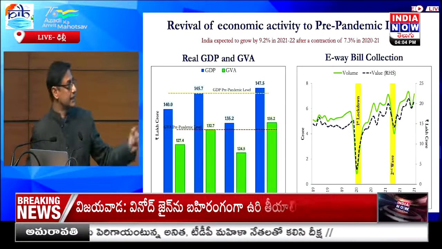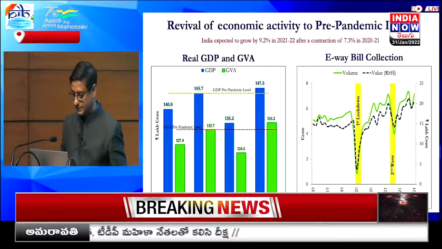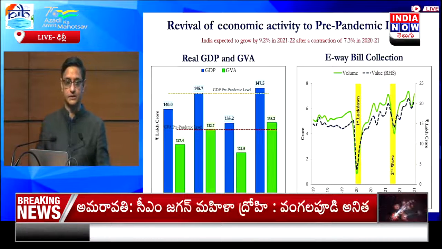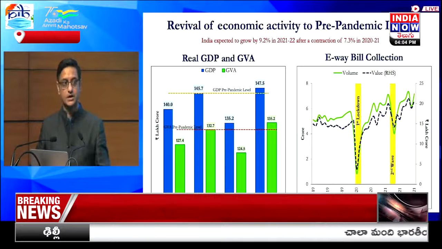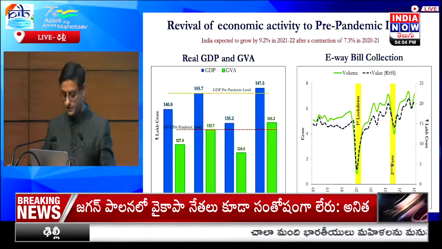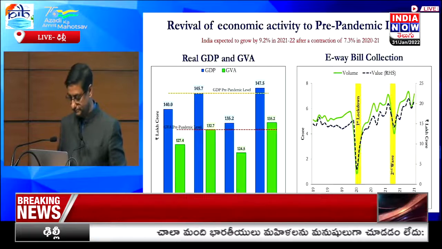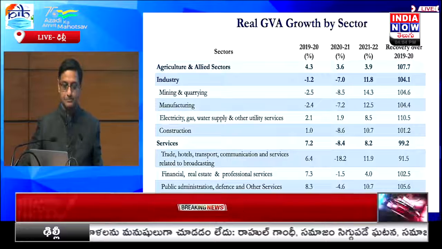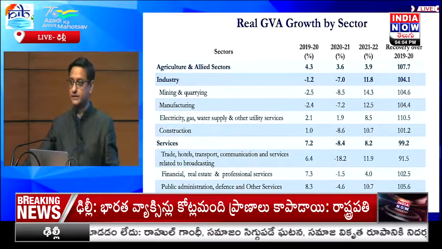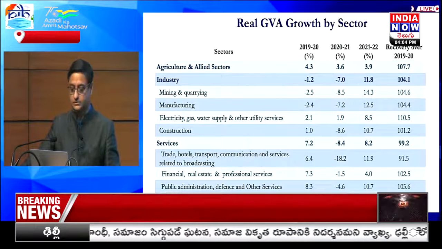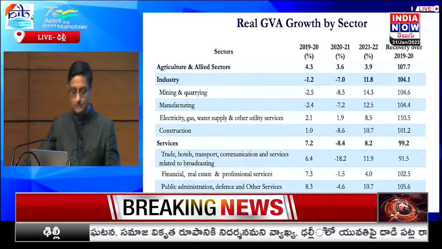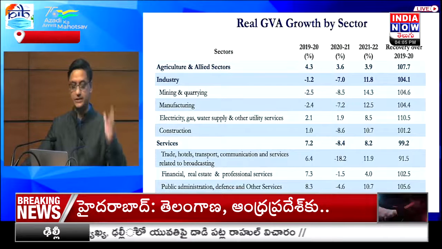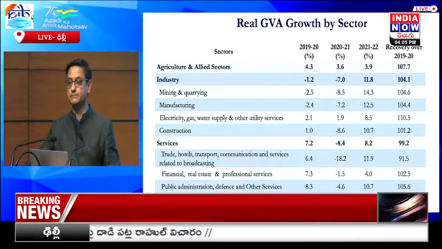And you can see on the slide on the right that it is now a little bit above where it was in terms of economic activity before the pandemic. So in other words, we have now grown past the pre-pandemic level. What does it mean by sector? Sectorally, we tend to look at it from a GVA, or gross value added, perspective. And you can see what happened to different sectors, and the very last column is a comparison with the pre-pandemic era,